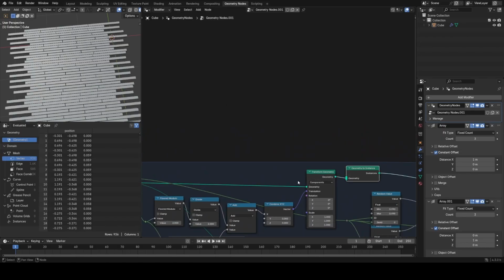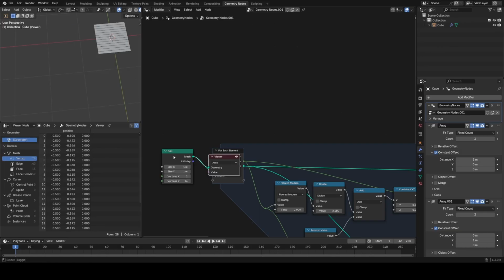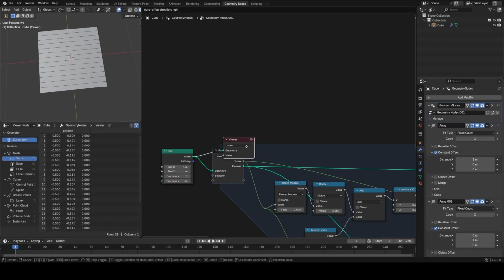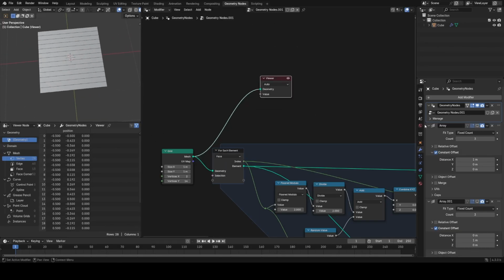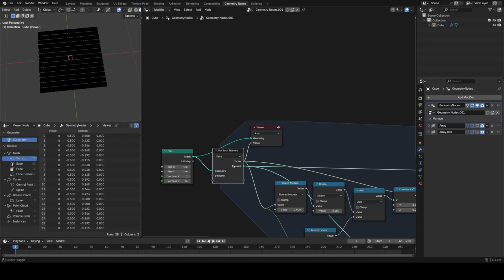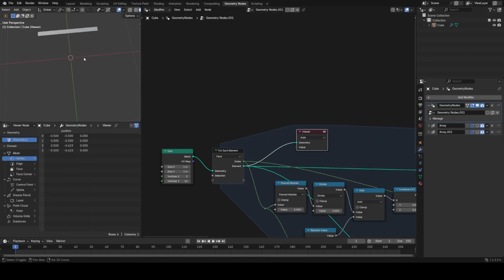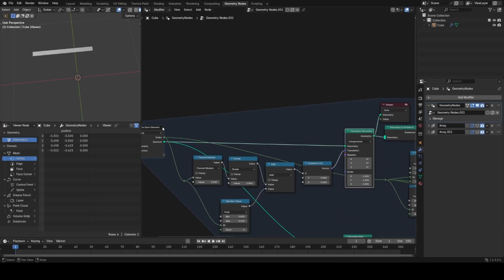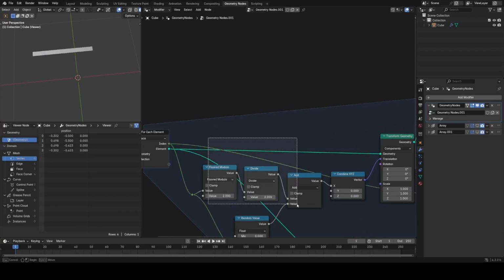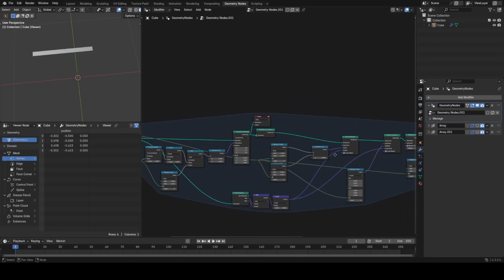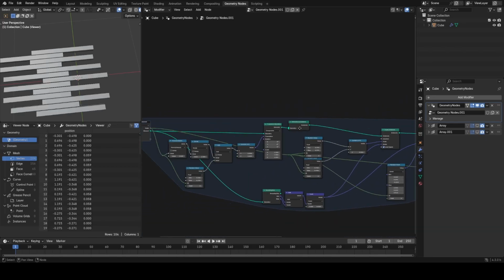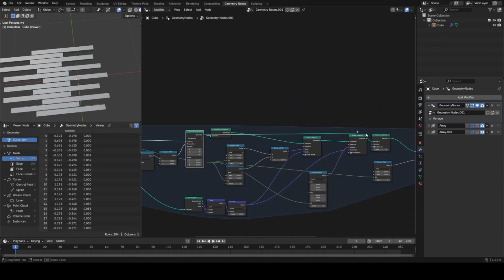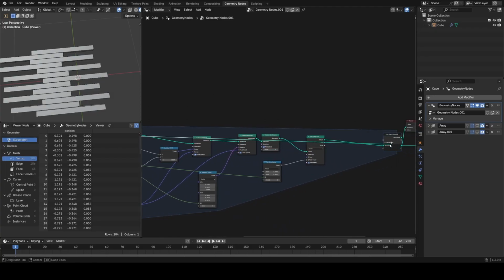So you can see that we're looping through each face of this grid, and I'll turn off these array modifiers. I have to tile this, but that is one of the features of this system. It does tile. So you can see that we're splitting this grid up into its individual faces, transforming those faces based on the index. And to explain this, if I just output this section only,